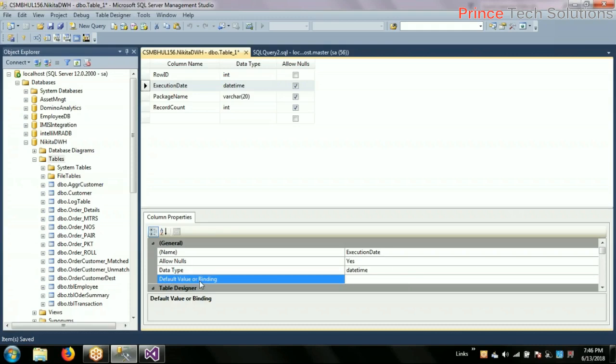Here in this particular instance, we have to enter the formula, a sequence statement, which will enter the default date of the system, the date and time of the system when the package is executed. This date is a method which will take the system date and time. So by default, when any insertion happens to this table,